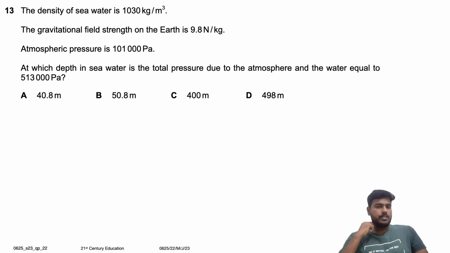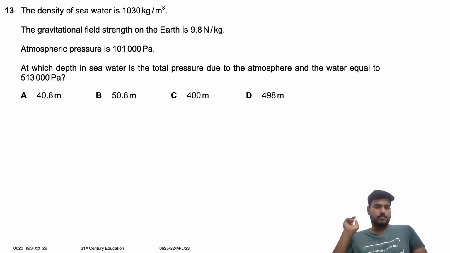The density of sea water is 1030 kilogram per meter cube. The gravitational field strength on earth is 9.8 Newton per kg. Atmospheric pressure is 101,000 Pascal. At which depth in sea water is the total pressure due to the atmosphere and water equal to